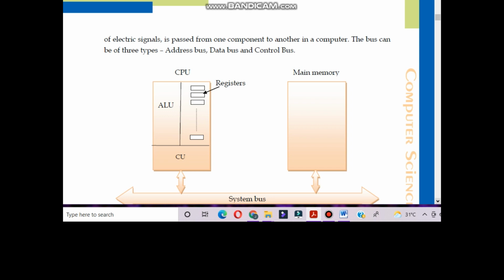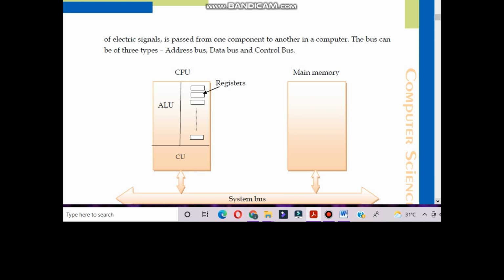The bus can be of three types. Address bus, which keeps the addresses; a data bus, which keeps the data; and a control bus, which helps to control all types of operations. With the address bus we get the address of the memory, with the data bus we get the data, and with the control bus we control all types of operations.